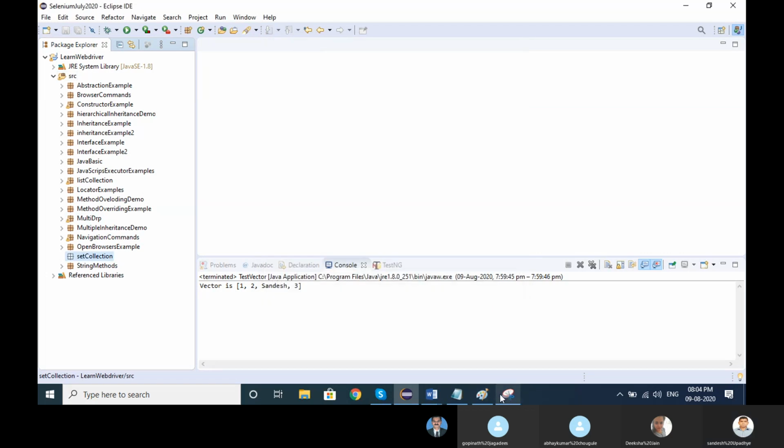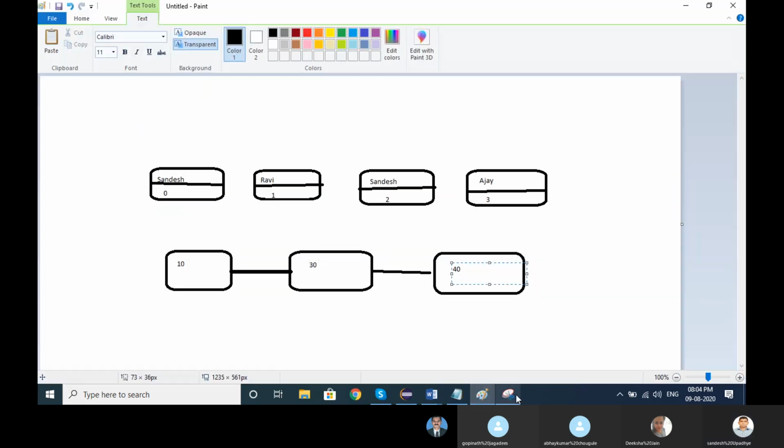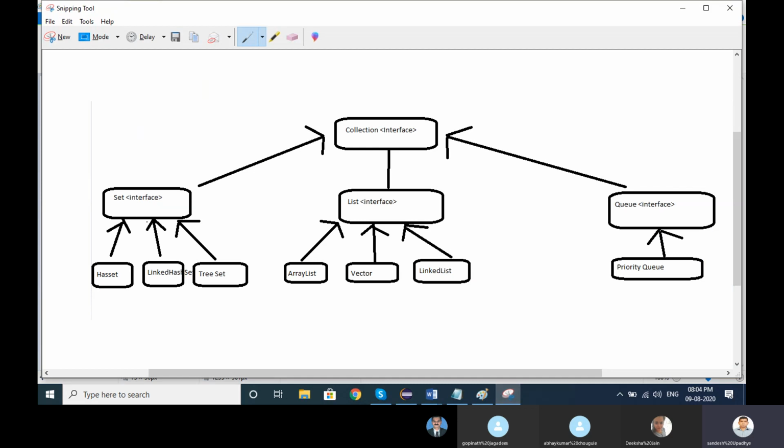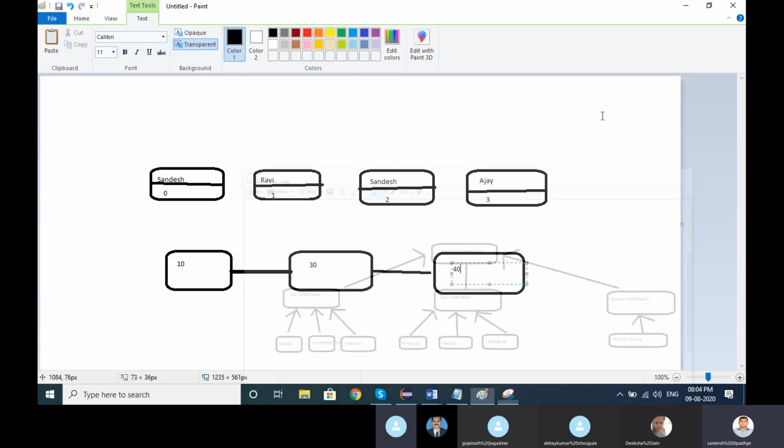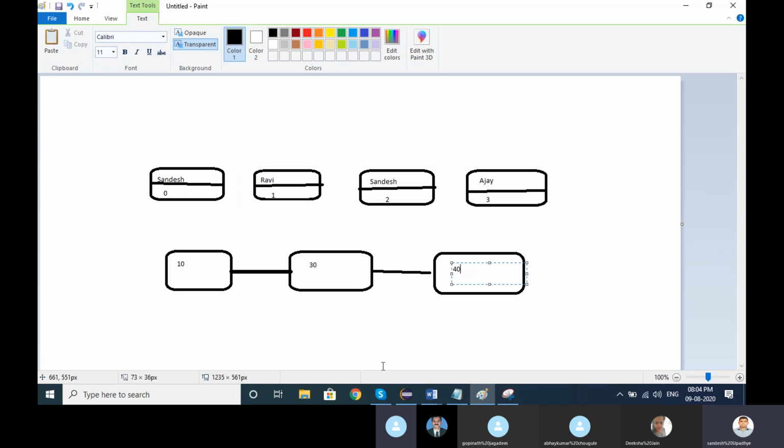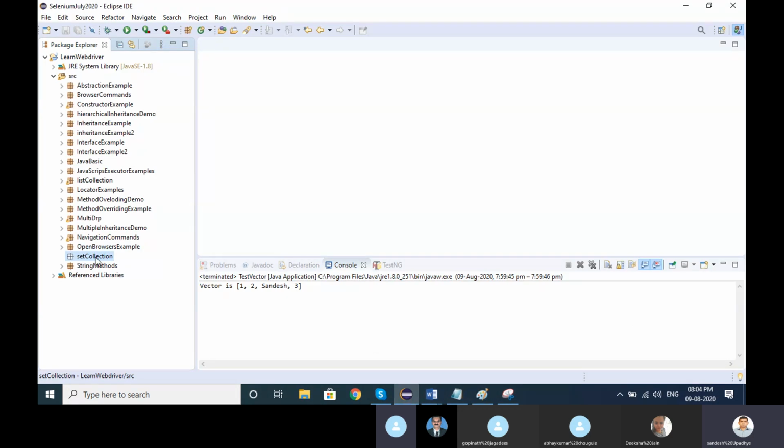What classes do we have in the Set collection? HashSet, linked hash set, and TreeSet. Three classes. Later we will introduce those.